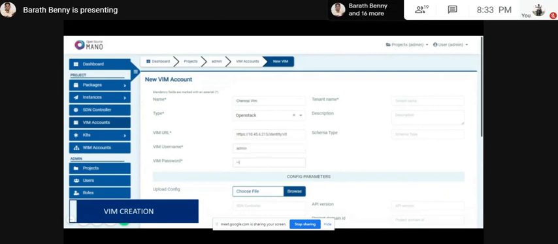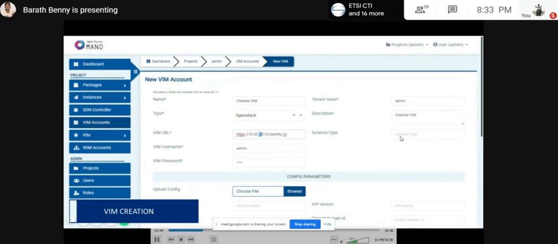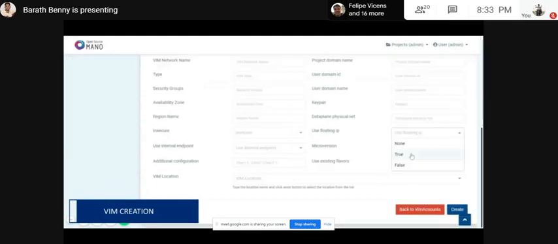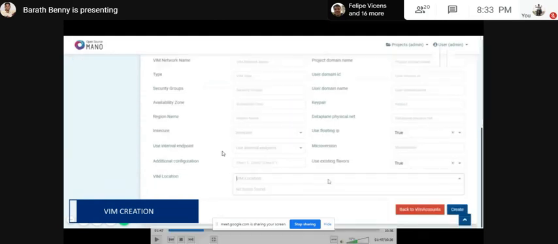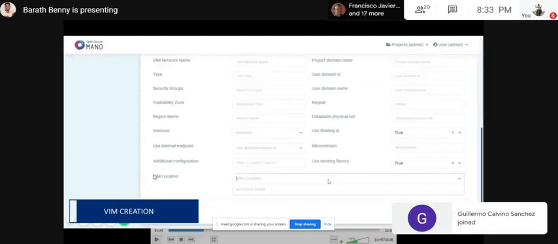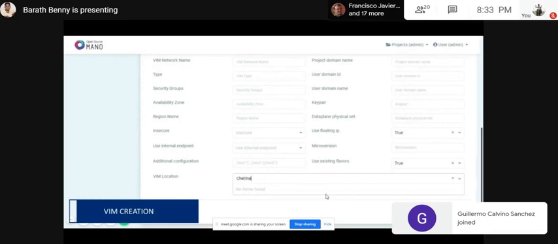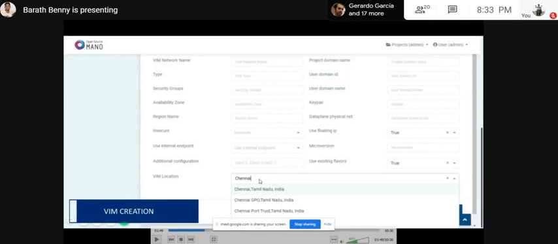And this is our new creation of the VIM account. So I will create one VIM account over here. In creating the VIM, how the VIM location has to be added will be shown here. This is our newly added feature for the data center VIM location.